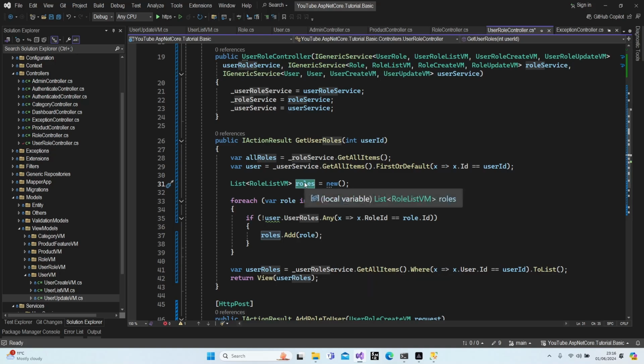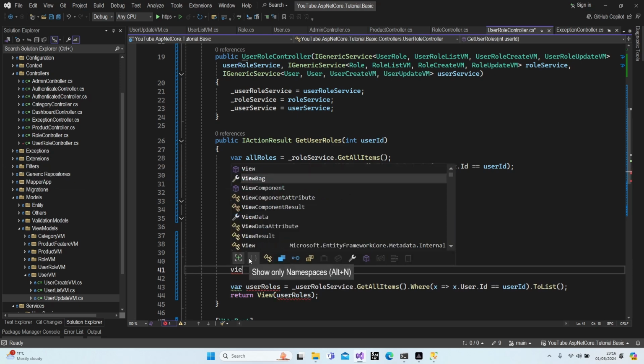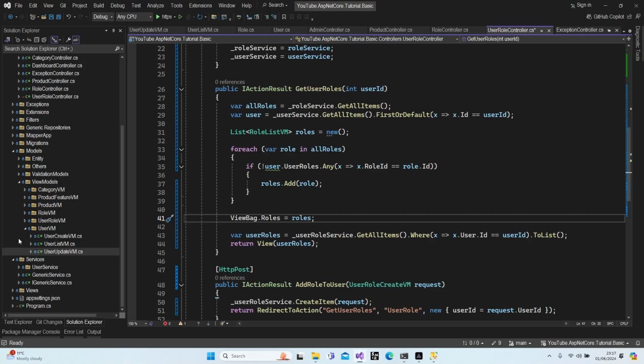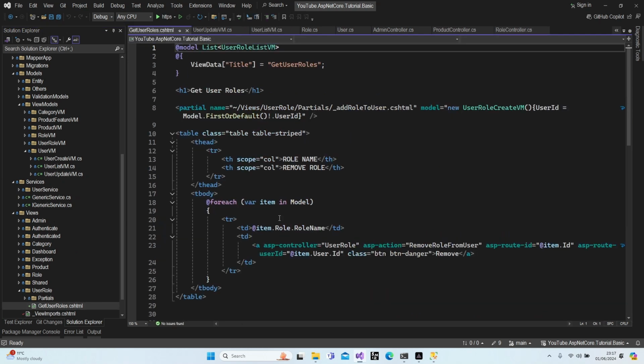Okay, I'm gonna add these roles to a ViewBag. ViewBag roles equal to roles. Okay, let's get back to our CSHTML file now. Where is my CSHTML file? We get user roles. Okay, we sent user ID, and now I'm going to send